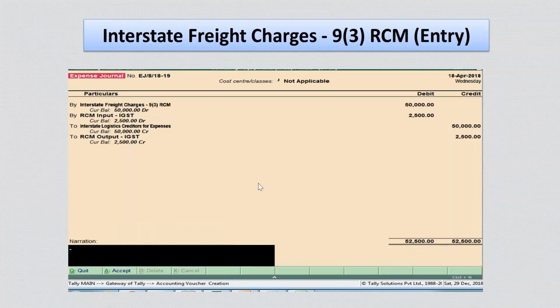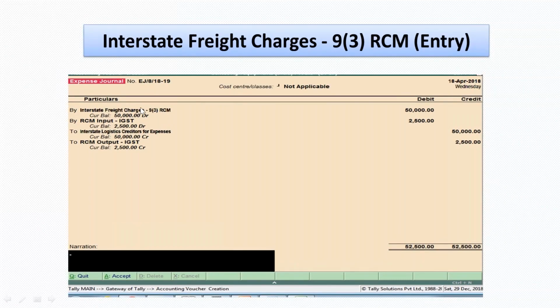So for an RCM transaction, I will first book the expense. I'll debit the expense and I'll also debit the input ledger, because I need to take the credit of it. And I will credit the party account because I need to pay him that 50,000 rupees. And I'll also credit the RCM output IGST account, where it should be as an output ledger and it should get reconciled. So we are using a single entry to claim the credit as well as discharge the taxes, and to report those output ledgers. I hope this is clear.